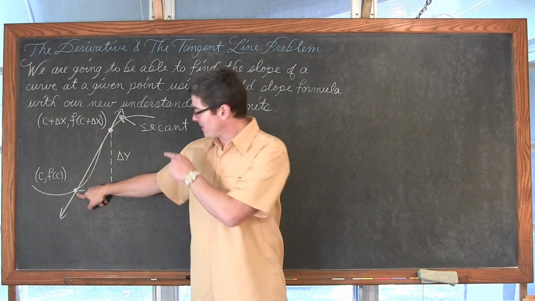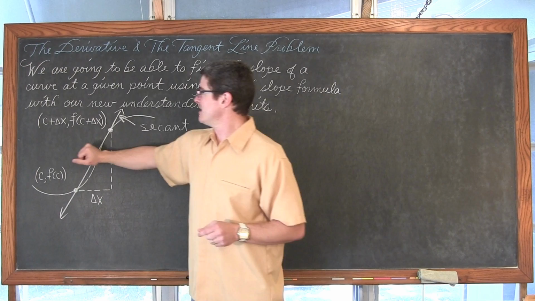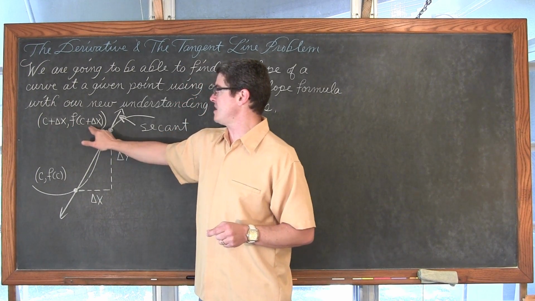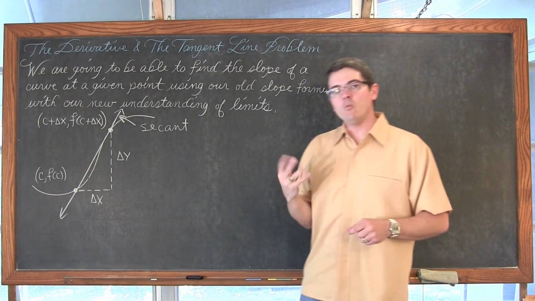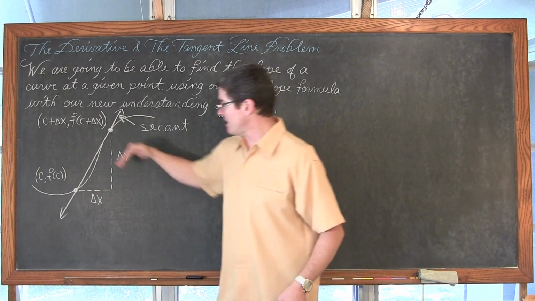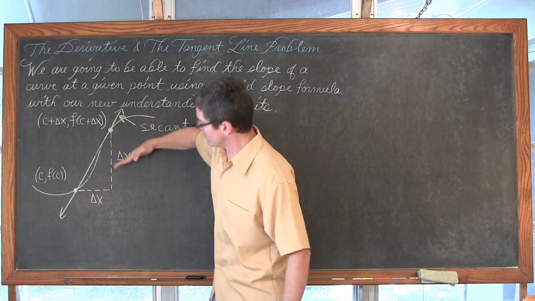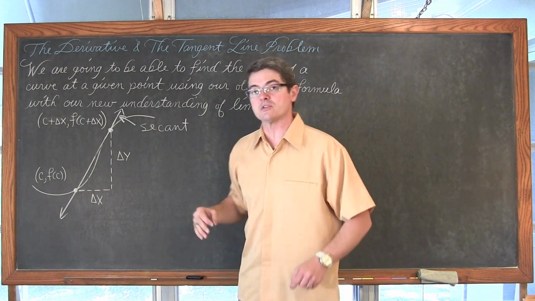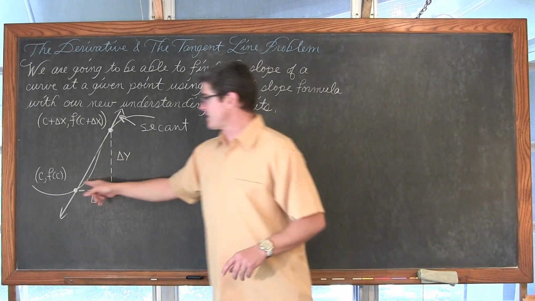I want to work with finding the slope at that point, not necessarily at this point with the much more complicated coordinates of c plus delta x, f of c plus delta x. That line, how well do we think this line estimates the slope of this curve at that point? Well, it seems like the line is steeper, that slope would be a greater number than, it kind of looks like the curve is sort of going off in this direction. So that line is an estimate of the slope of this curve at that point, but it's not a really good estimate.